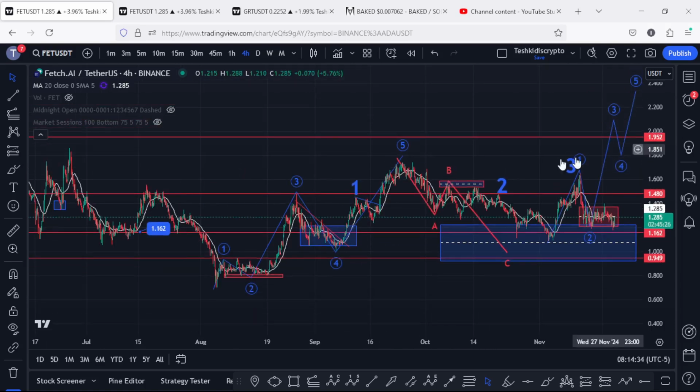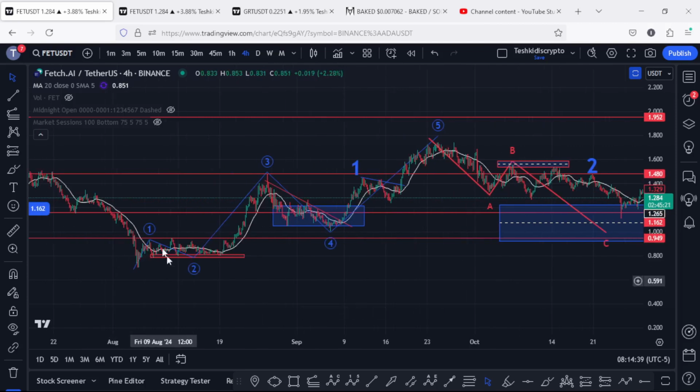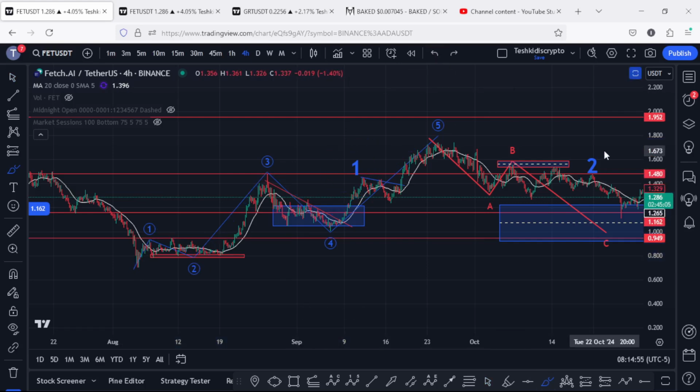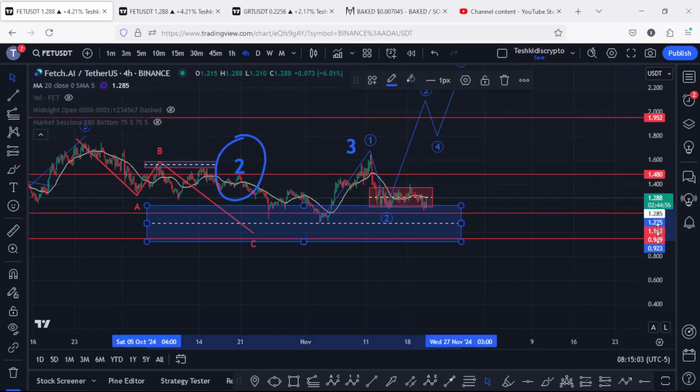And that would be fine, because basing my analysis on the Elliott wave structures, I have a wave that I have been tracking from the lows that we made on the 5th of August, where you can see that we first peaked in this 5-wave structure, completing the formation of a larger Elliott wave count 1. And after we peaked in that wave 1, we started the formation of a larger Elliott wave count 2, whose minimum target areas I have marked on the charts using this blue target area that lies between the 1.225 and the